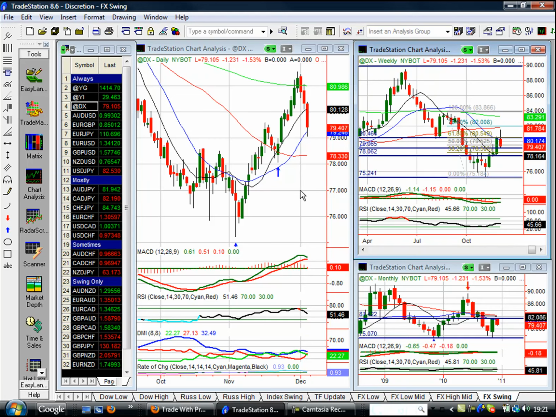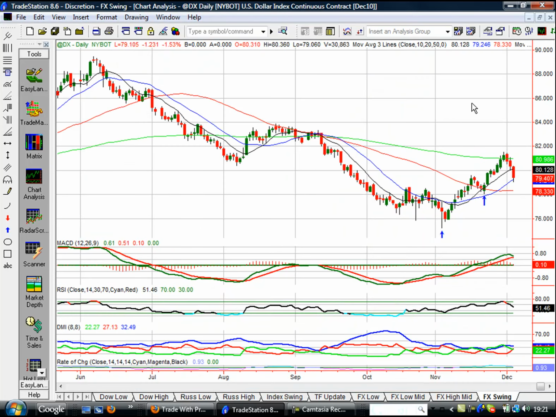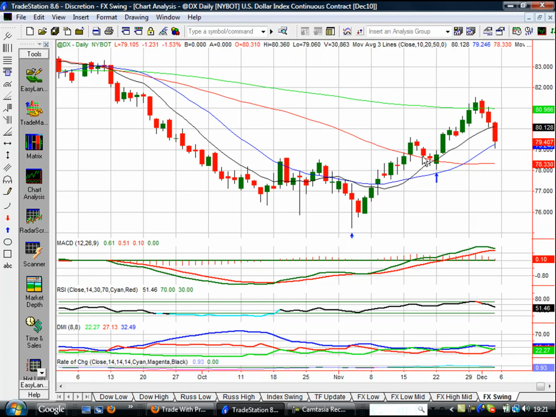Come down to the daily chart, and this is where we're going to get some significant indecision again, because what we've actually got here is higher highs and higher lows. We're now pulling back in, and we're thinking, will we continue to make a higher high here, or are we likely to go lower? One thing I always like to do is draw a Fibonacci line up. So I've drawn a Fibonacci retracement line from the most recent low up to the high, and note how we've just pulled back and we've actually closed hovering around that 61.8% fib. If price broke down through 78.6%, the 78-77 level, I would be looking for this to be a change of trend and a continuation lower.